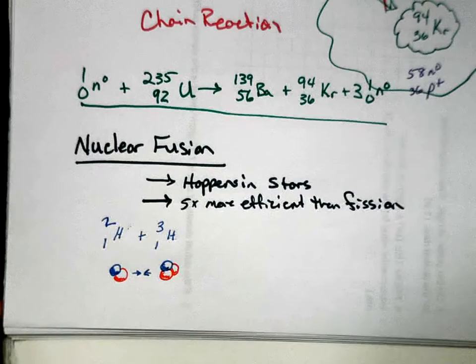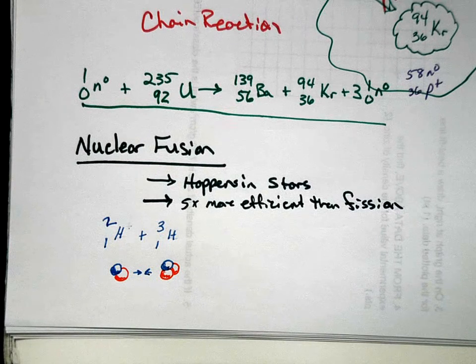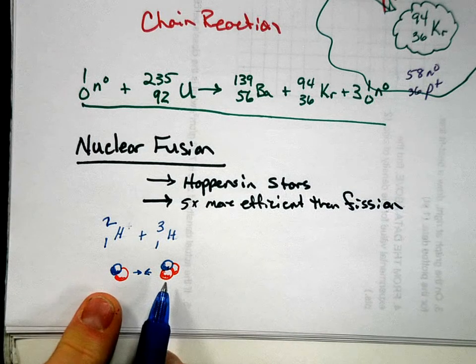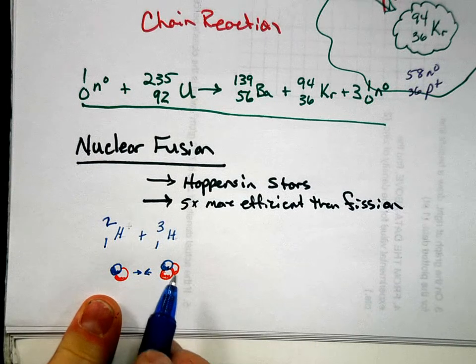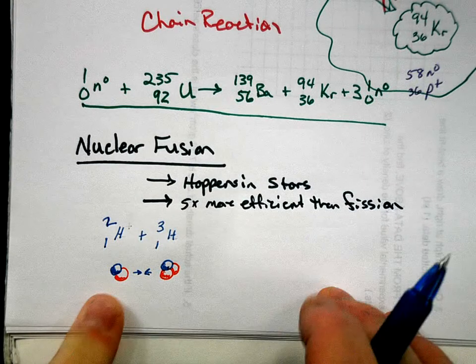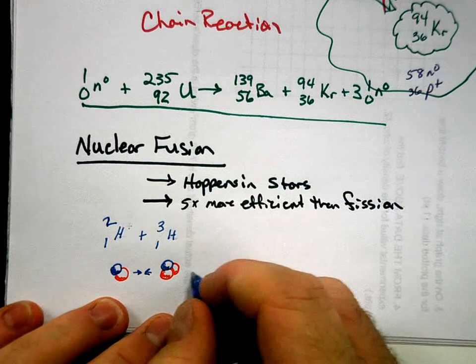Okay. These two collide. It's not so much that they collide as they are crushed into each other. The gravity of the sun is so strong that at the center of the sun, the pressures are high enough to force these two positively charged particles together to make the strong nuclear force hold on to them again. Remember how we had the competing forces? They get close enough, the strong nuclear force grips both of them, and it leads to